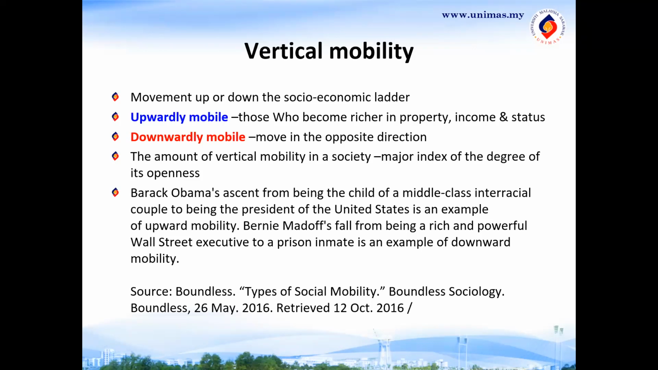He rose up the ladder in a way, from being a child of a middle-class interracial couple. His father was from Kenya, and his mother was from the United States. So they are of mixed background. He is the son of a mixed marriage between a Kenyan father and an American mother. So his rise from being a child of a middle-class family to being the president of the United States of America,